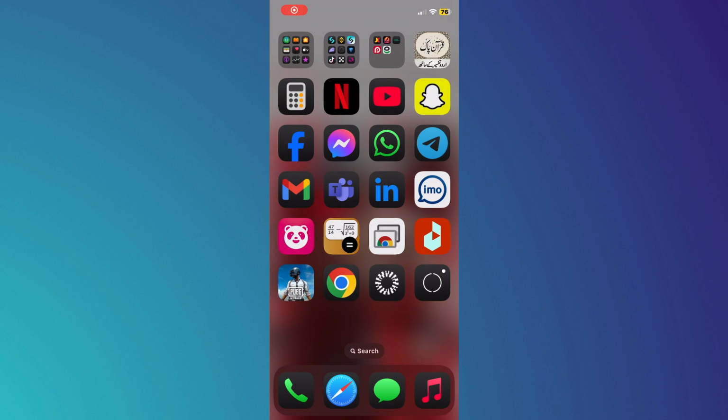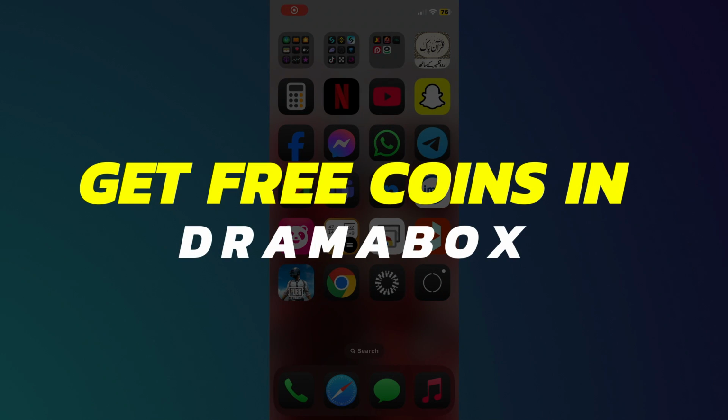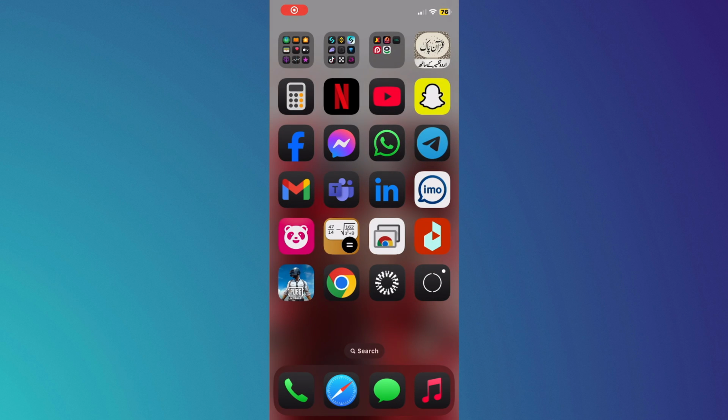Hey guys, in this video, I'll show you how to get free coins in DramaBox. Alright, let's begin. First, we need to download the version of DramaBox that gives us free coin balances for watching